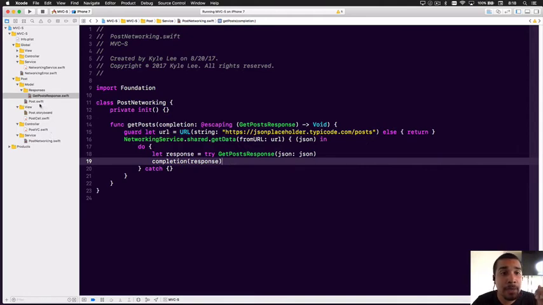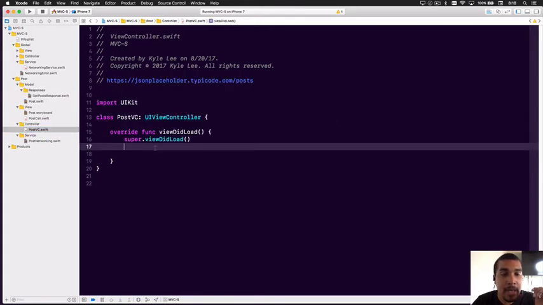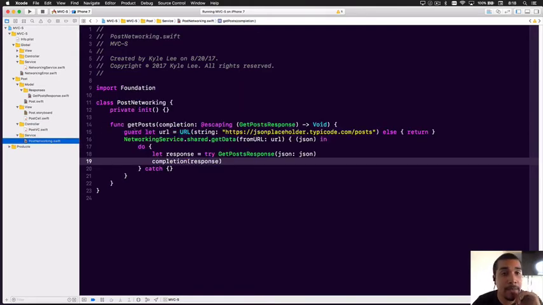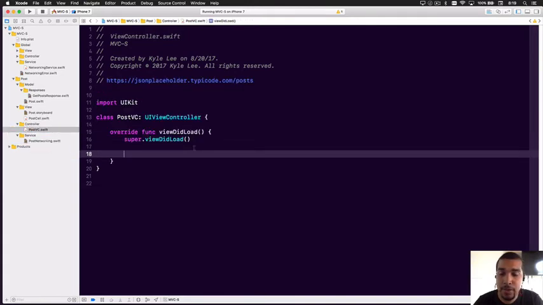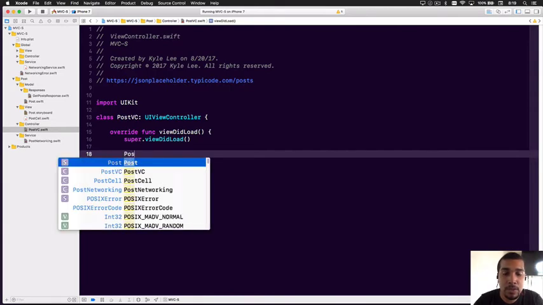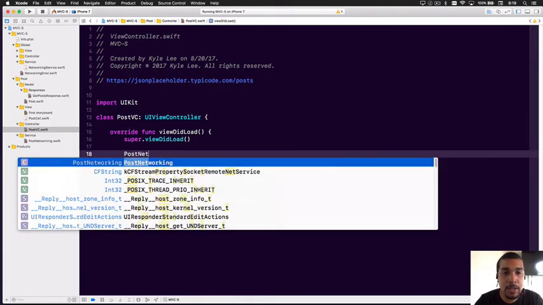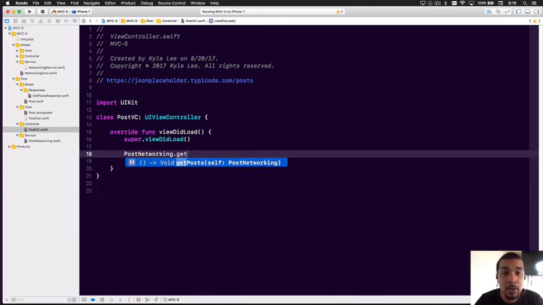Now what we want to do is go back to our post VC, and we want to use the post networking call that we just made, the get post, but we can't do that yet because we can't initialize a post networking object. So what we have to do is set this to static, which will allow us to access the function without initializing the object. So let's go back to our post VC and let's go ahead and try to do that. So post networking dot get post,